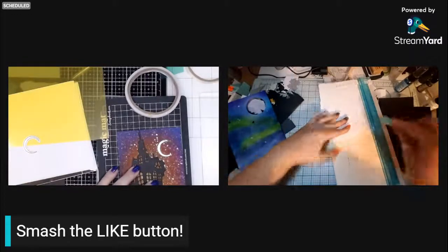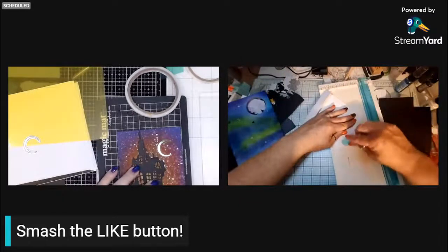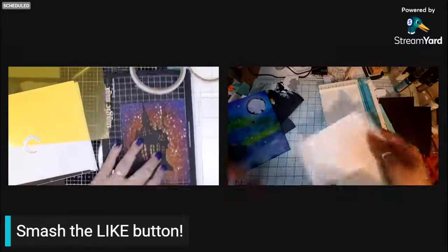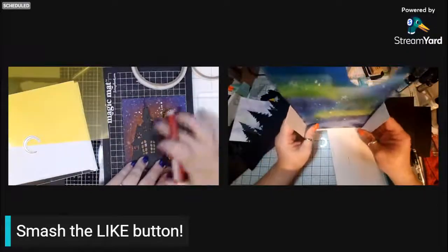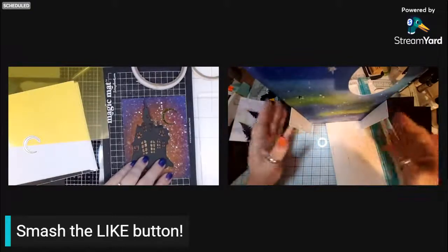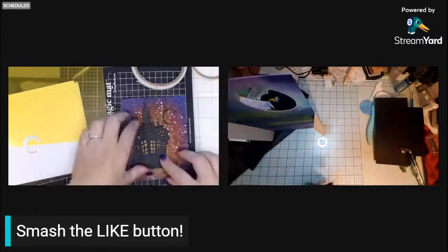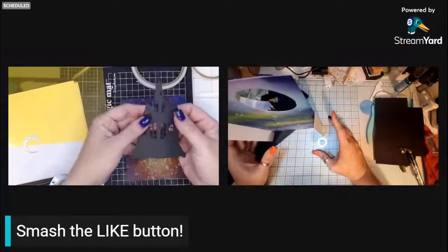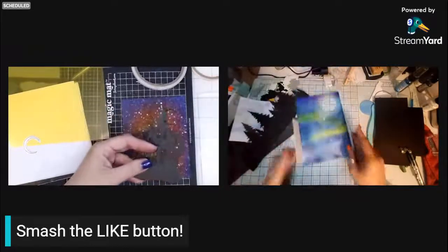I'm going to put the lights on the back. I'm going to put the copper tape on the back of this panel. I'm trying to think through what I'm going to do with it. Because last year I did one with the same castle. And remember earlier I was complaining about how bulky they get with all those layers of tape? Well, that was one of the ones that had a lot of bulk, because I also tried curving this guy out some and having the lights behind it. And it still wound up being way too much